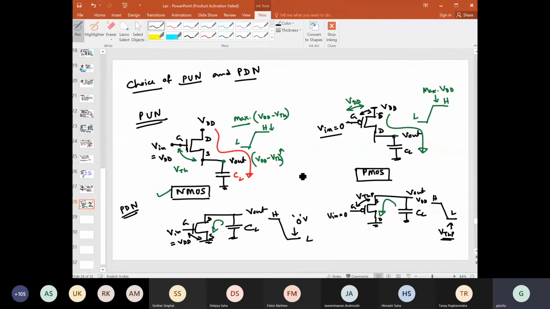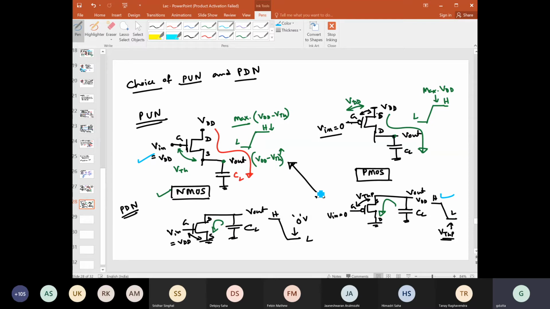So you see that these two combinations are not very good combinations for use as a pull-up network or pull-down network. But if you just think about it, if you are using this and this, then as one of your friends said, it will not be an inverter. That is true, but it will be the opposite of that inverter.